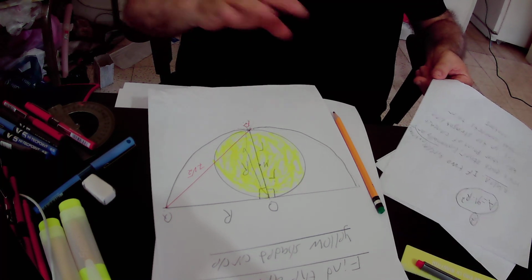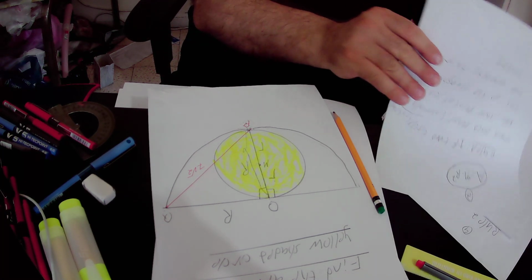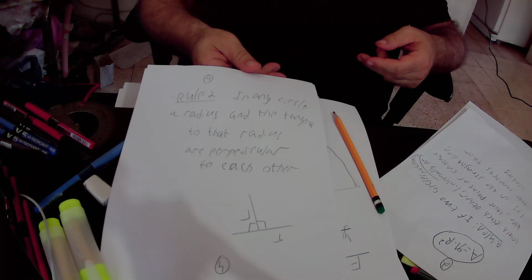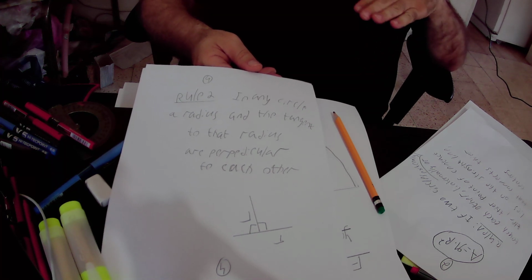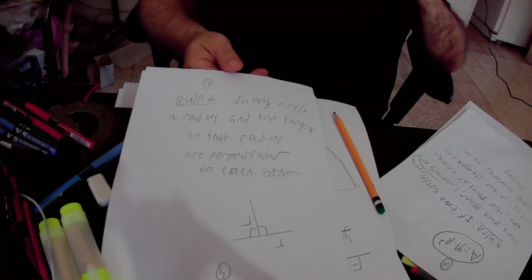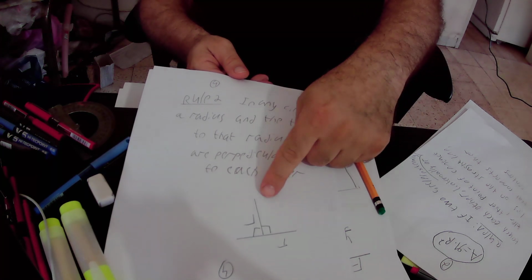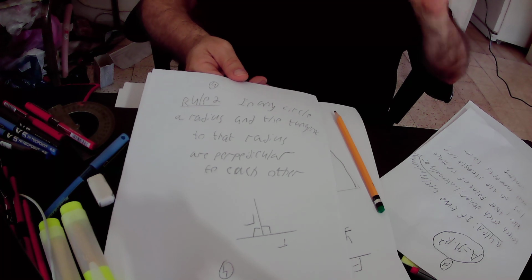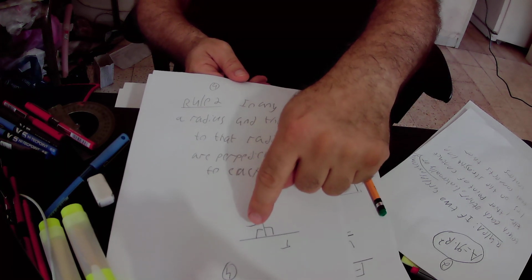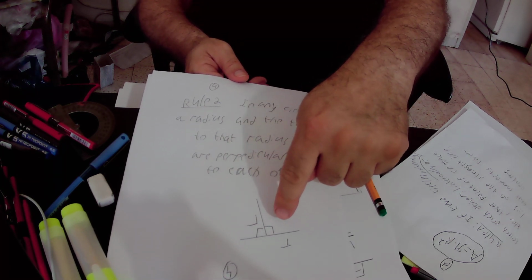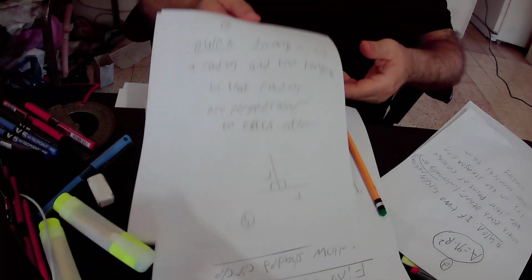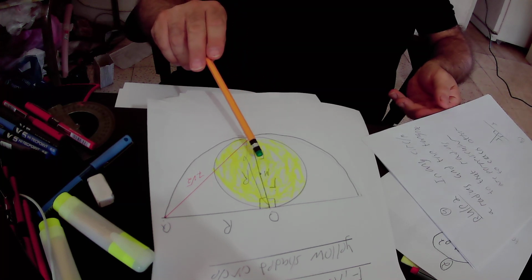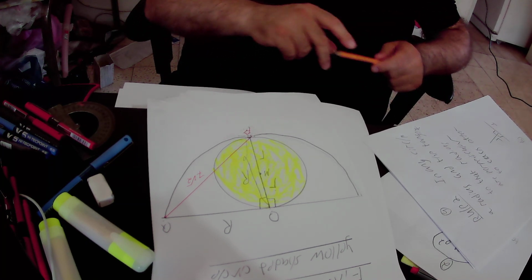we have rule number 2 that states that in any circle a radius and the tangent to that radius are perpendicular to each other. So if we have a radius, let's call it R, and the tangent to that radius, then they are perpendicular to each other. That is to say, this angle is 90 degrees and this angle is also equal to 90 degrees. So we can implement this rule number 2 in our circle, because we have here